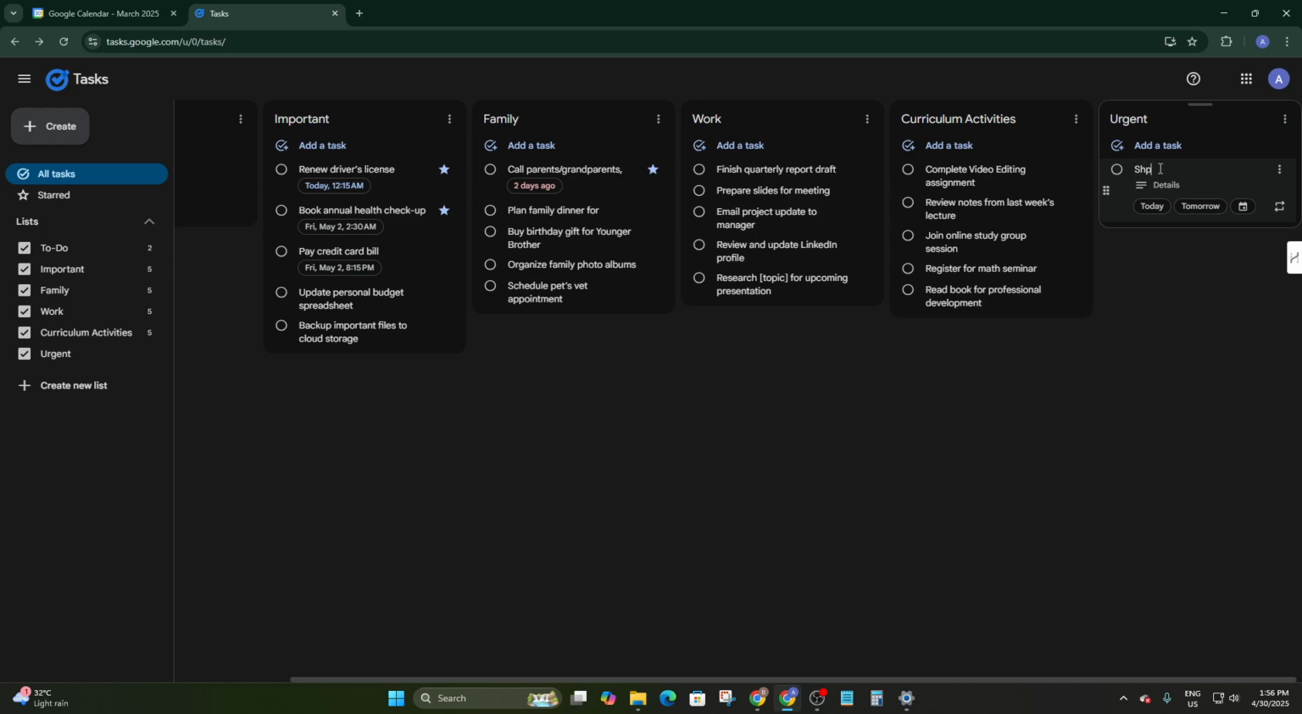like shopping, pay internet bill, anything. If you want to go on a date with someone special, like date with special one, just like this. You can schedule anything here, and you can add that to your calendar by